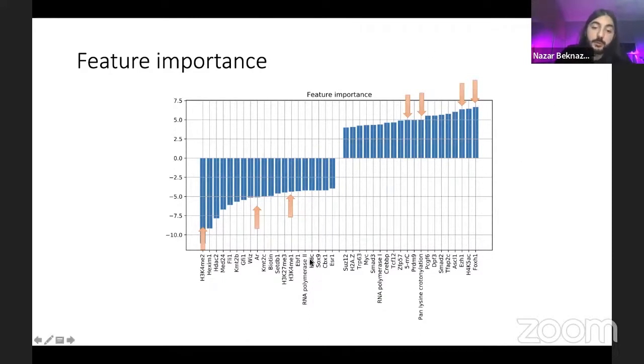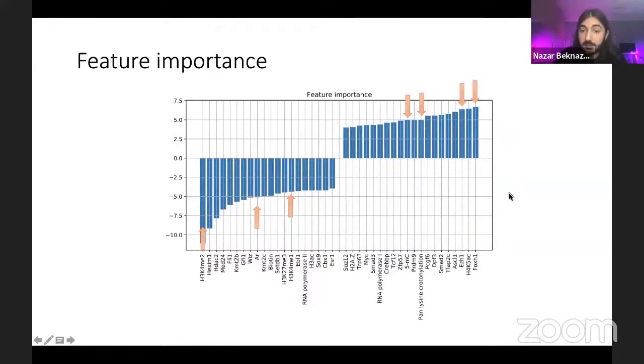And then we tried to analyze the results of this interpretation, the top and the bottom of this list of important features, and we saw that some of these important features could be proved by some different analysis. For example, we analyzed whether some regions have high potential of having Z-DNA inside, and in reality we saw that some of the features at the top of the list have a very high probability of having Z-DNA inside, shown by different methods, and some of them are proved in different papers to have some involvement in Z-DNA construction and Z-DNA